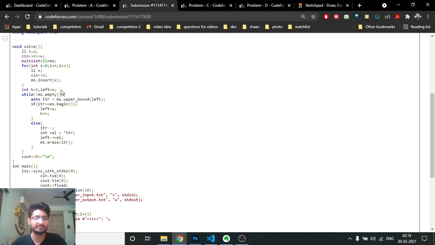W means the whole width is empty. Now I will iterate over the whole multiset, doing a while loop till there is some element in the multiset, because we have to use all the elements. Now I will do an upper bound, which is just a binary search, and find out the element